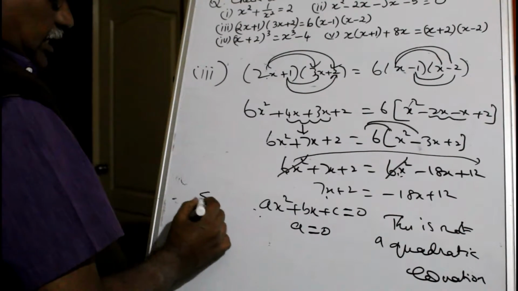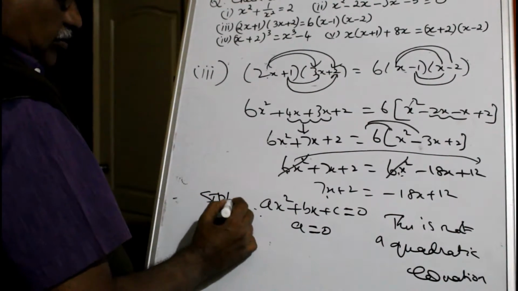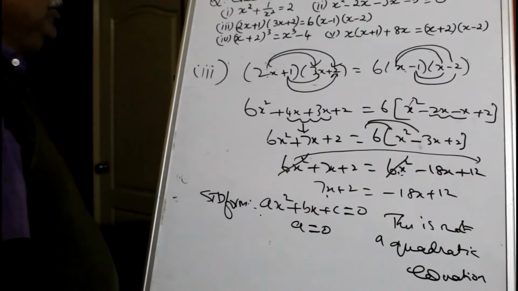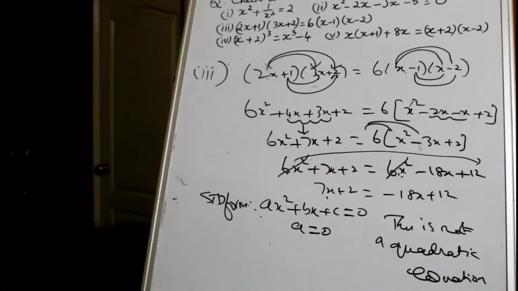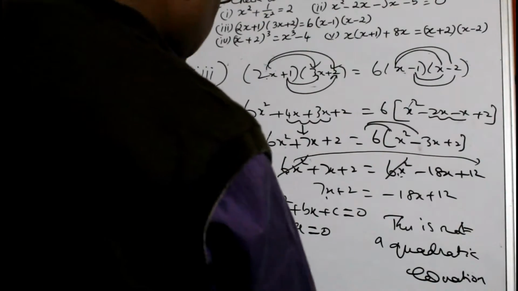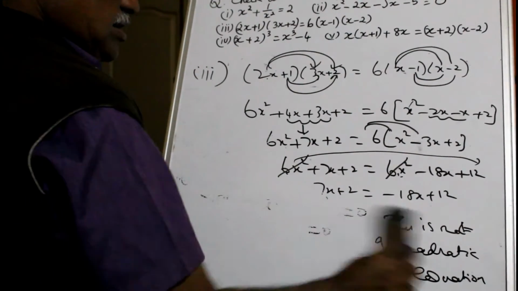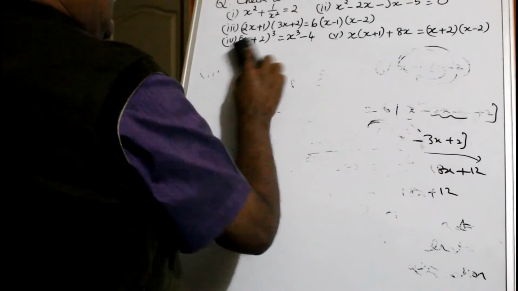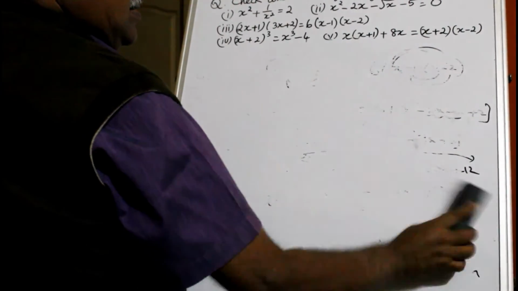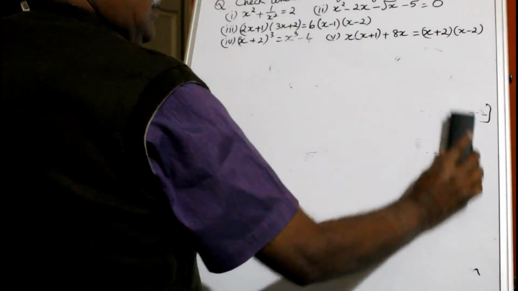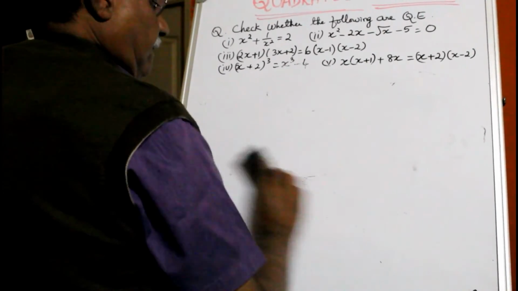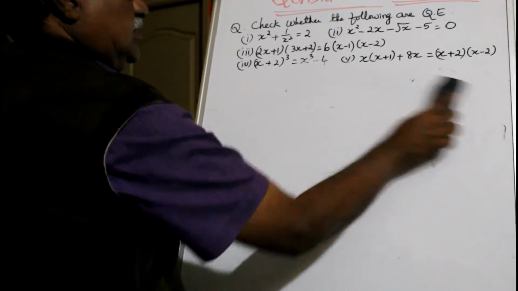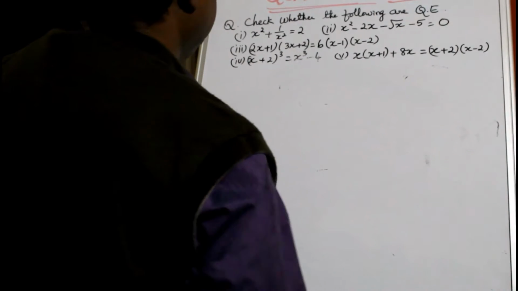So this is called standard form. All sums you must try to bring into the standard form. Two more sums you got, you check whether it's a quadratic. Next sum is